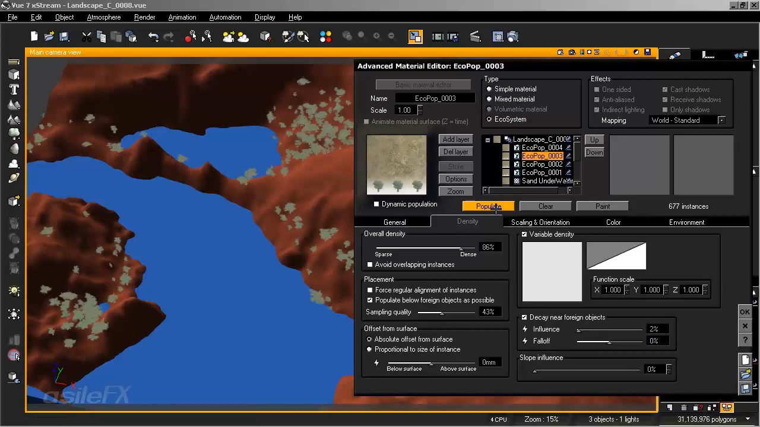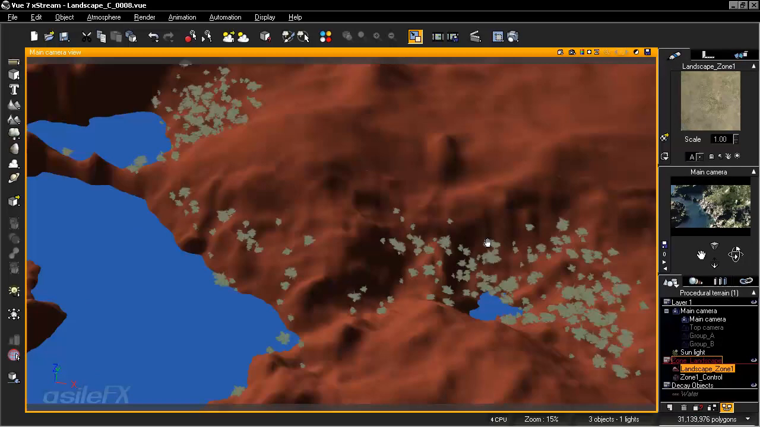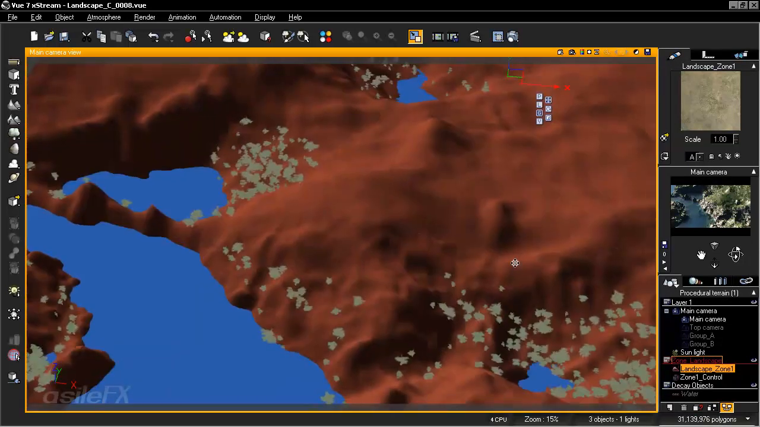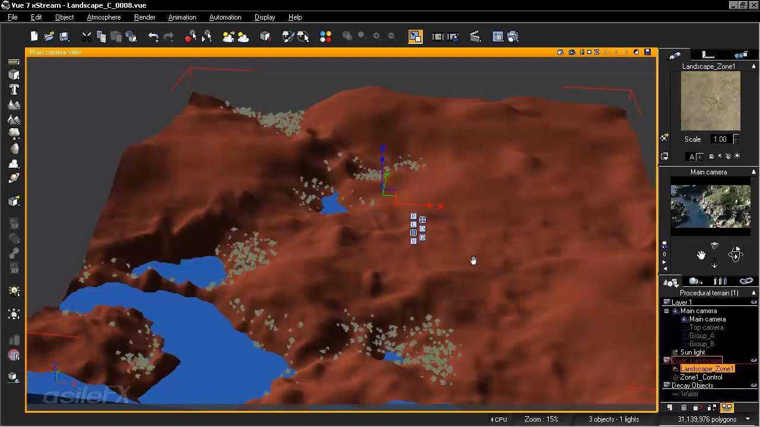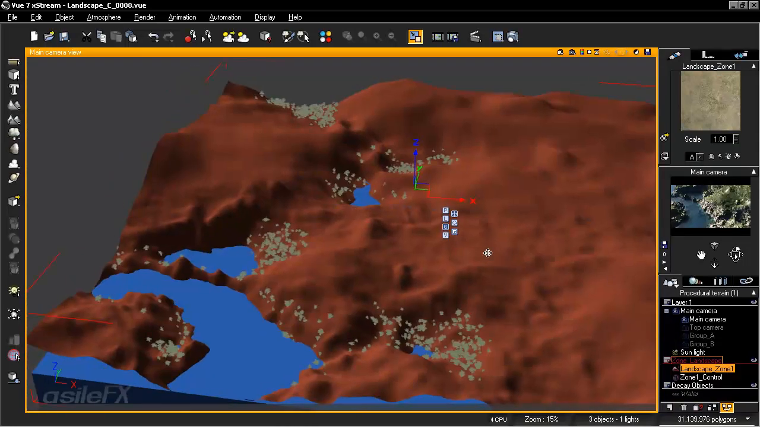And we may need to increase the sampling quality to get some more of this along the water's edge, but for the most part it looks pretty good. We might want to increase the density a little, depending on what the overall amount of ecosystem we want in those areas. So now I just want to take a quick look